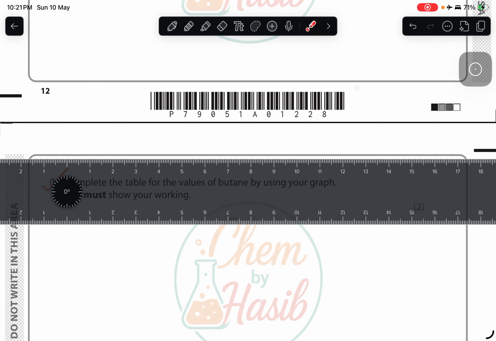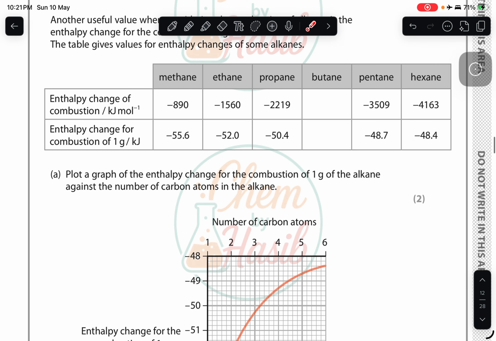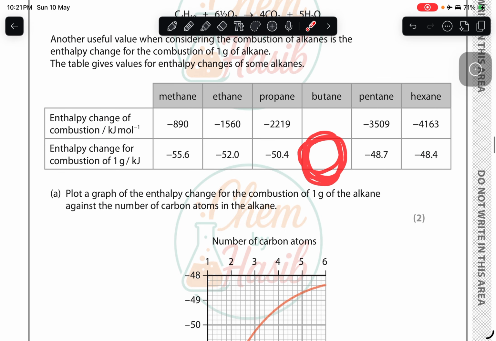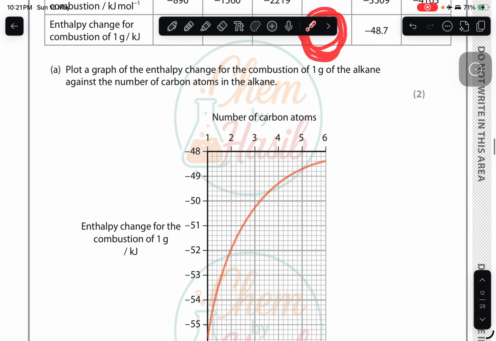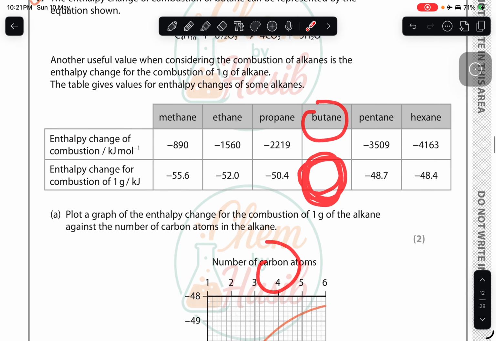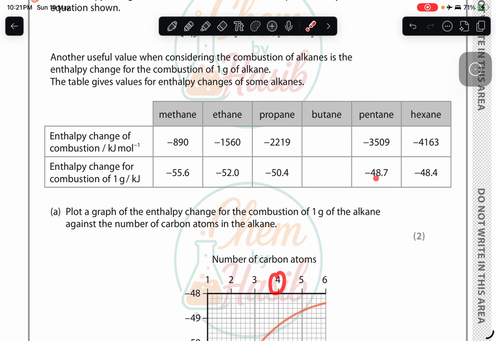Now if you look at the table, you have to find the enthalpy change of combustion in kilojoules per gram. How do you find this? You can find this from the number of carbon atoms. It says it's butane. Butane has 4 carbon atoms. So you go to the plot, you go to number of carbon atoms, 4 carbon atoms, and